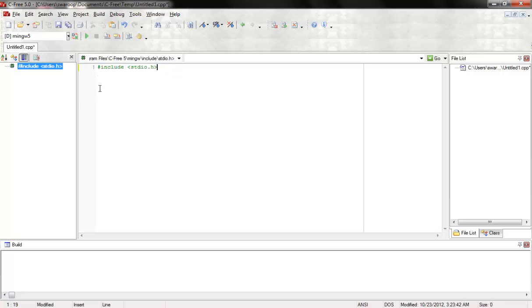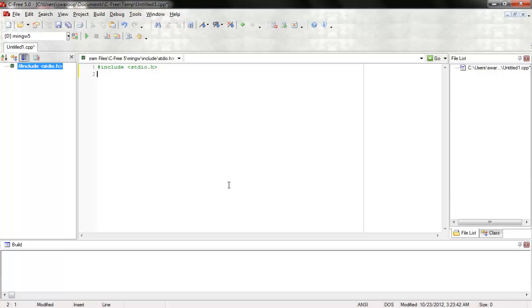What it basically does is it tells the compiler to include a header file known as standard input output. A header file contains a list of all the functions which you can use. If you want to use any function, you have to name that specific header file, otherwise you can't use it. That's for now. I will go over it more later on, so we'll just move on to the next line.